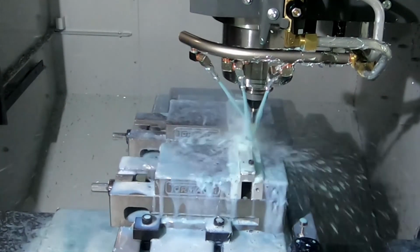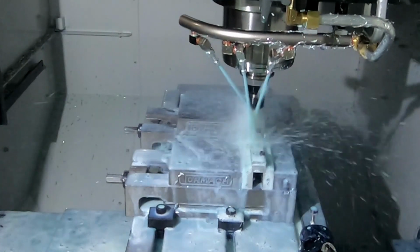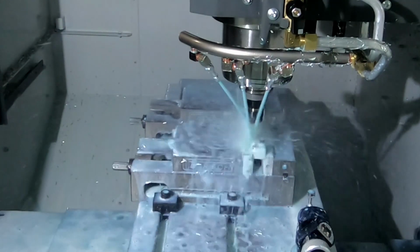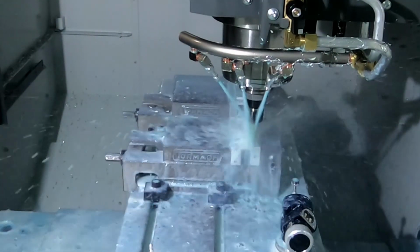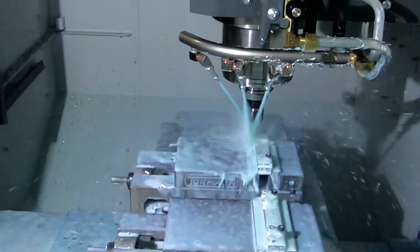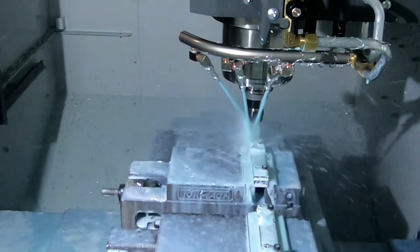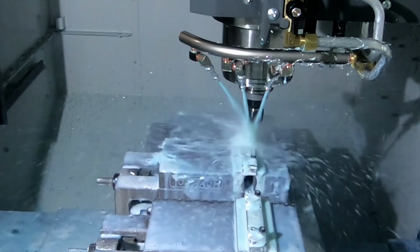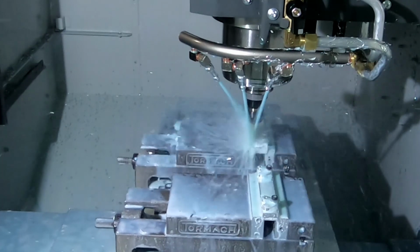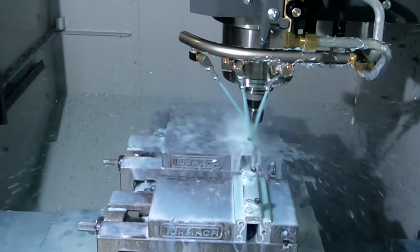Half-inch, 3-flute, Lakeshore carbide end mill running at 10,000 RPM, 60 inches per minute, doing the entire profile in one depth. This is a 1/4-inch part, so I'm taking a 1/4-inch depth of cut. Probably could go a little faster. I might bump it up, but hey, this